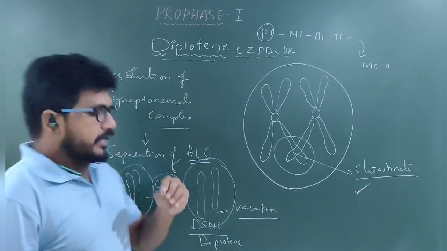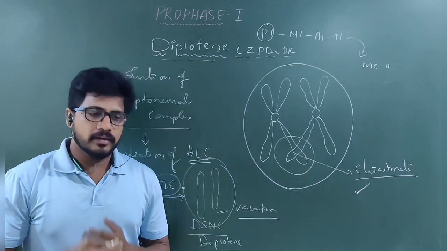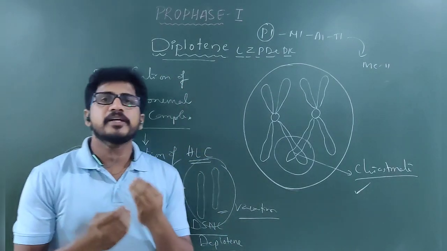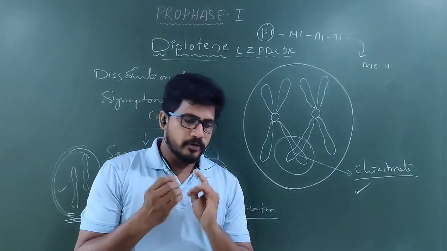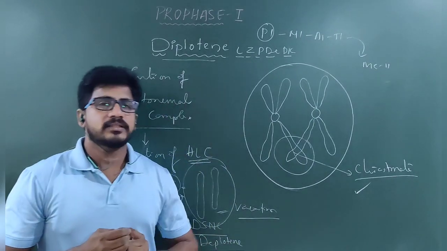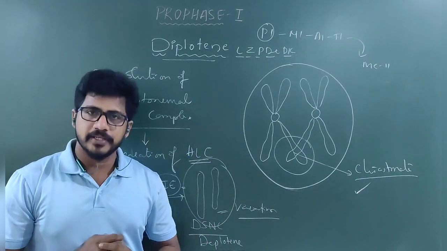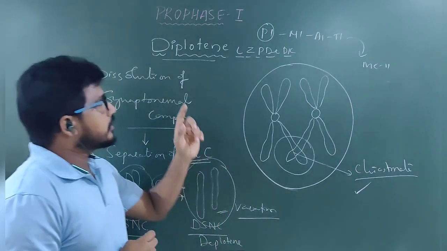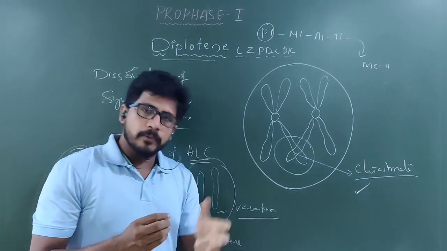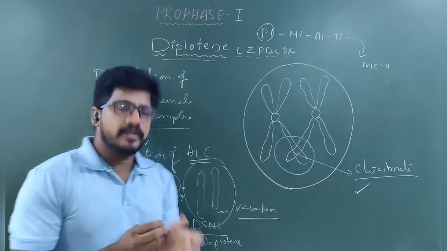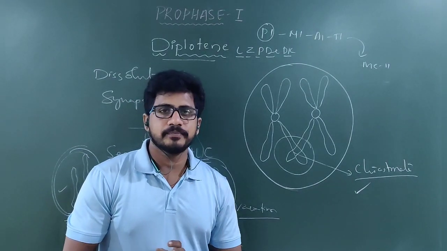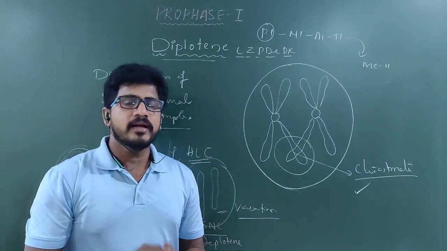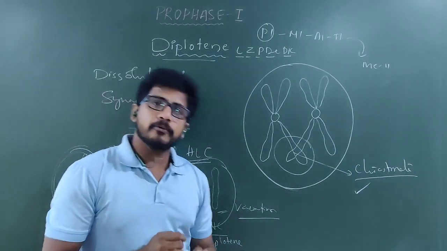So what I am telling is, in the case of oogenesis in women, in human females, oogenesis means formation of ovum. About this process we will discuss in depth in second PUC, human reproduction time. Here I am telling you a very important point. When an ovum is generated through meiosis from its mother cells, meiosis should occur in phases 1 and 2. In meiosis 1, prophase 1.